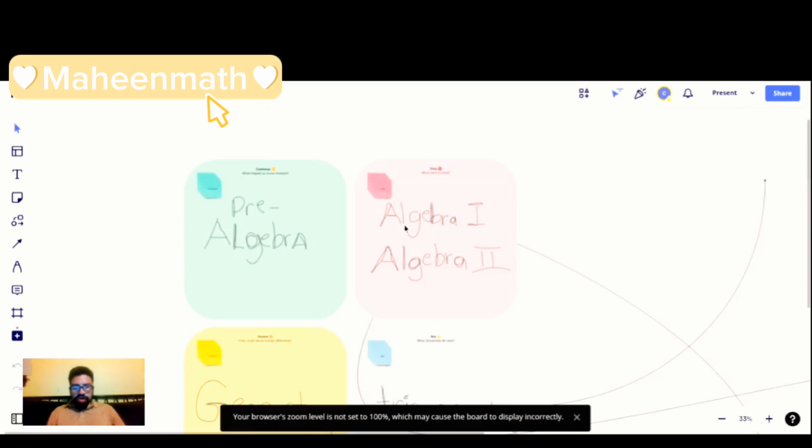Now, Algebra 1 goes more in depth on some of the basic concepts that you learn in pre algebra, such as fractions, how to add, subtract, multiply, and divide fractions, as well as mixed fractions, and also how to convert mixed fractions to improper fractions, and vice versa, how to convert them back to mixed numbers. It also introduces you to a basic concept of graphs, rate of change, and also functions. So basically, what a function is